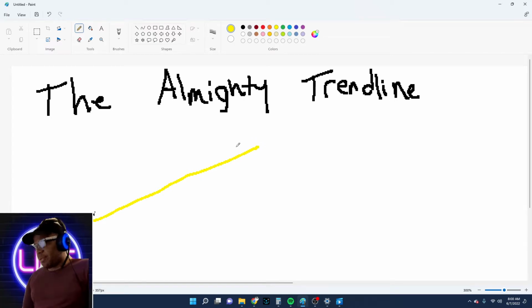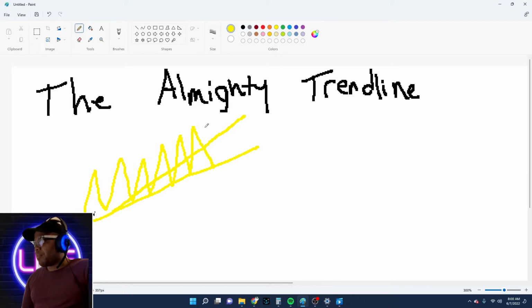So if this is a 45-degree angle, and you go to a 46-degree angle, 48-degree angle, it's going to take less selling for you to break this new trend line right here. It's going to take less selling than it is for you to come down and break this trend line.